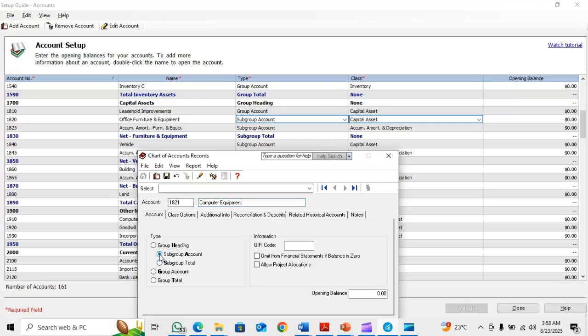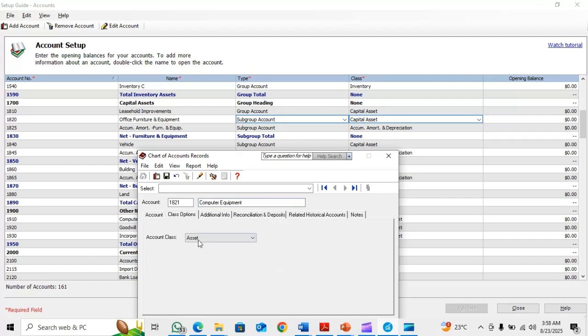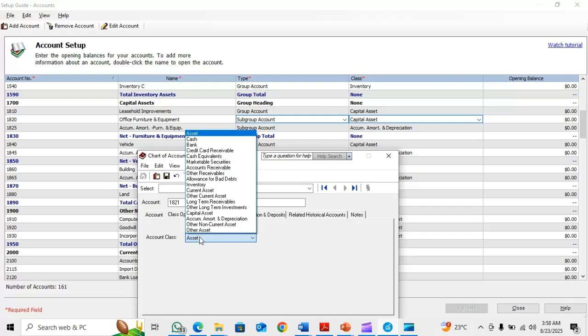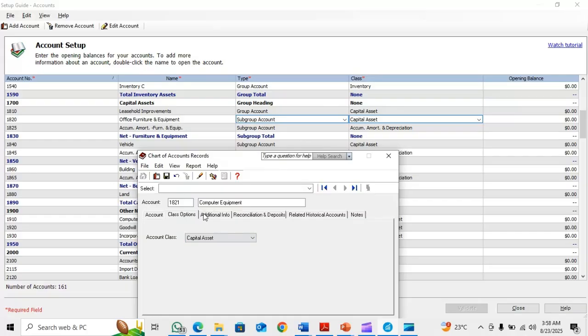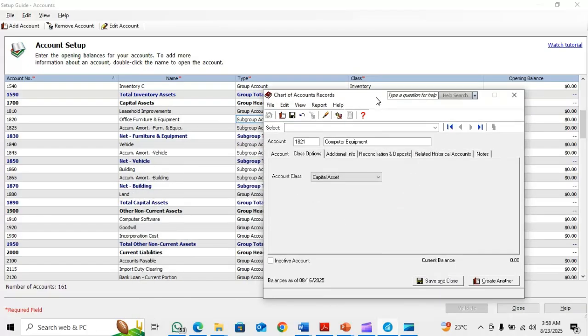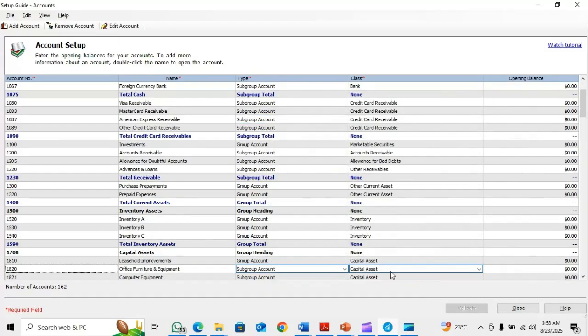Click on the account type and go to account class and select assets. You can call it capital assets, and you click on save and close. So that account has been created. Computer equipment